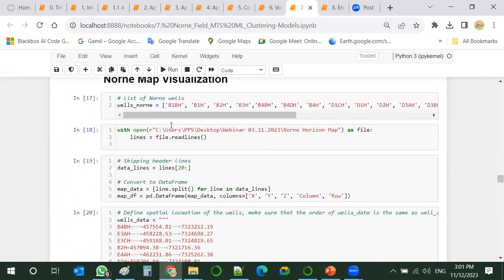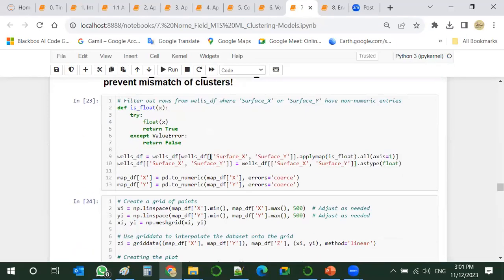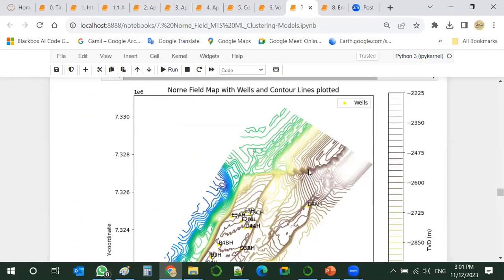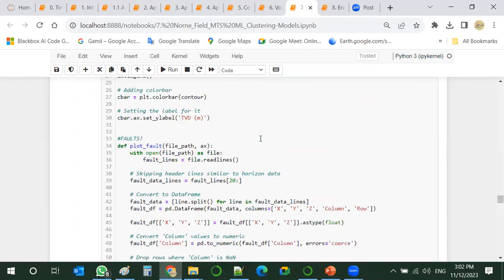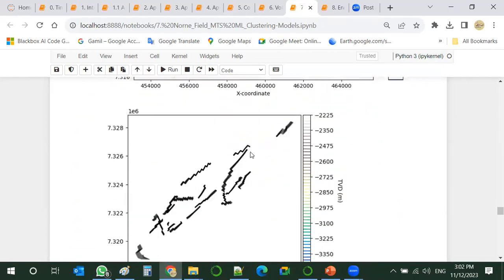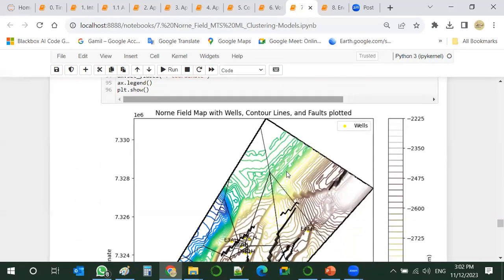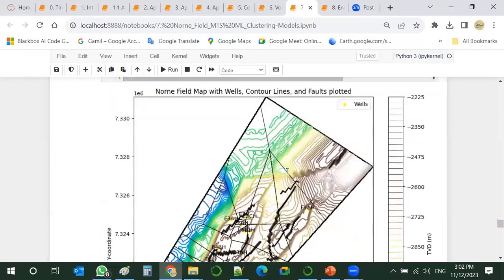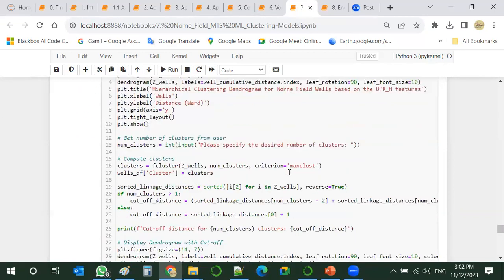One of the potential uses is if we visualize this spatially, we can have something like this. This is the map, and these are the structural faults. We specified, for instance, 8 clusters.